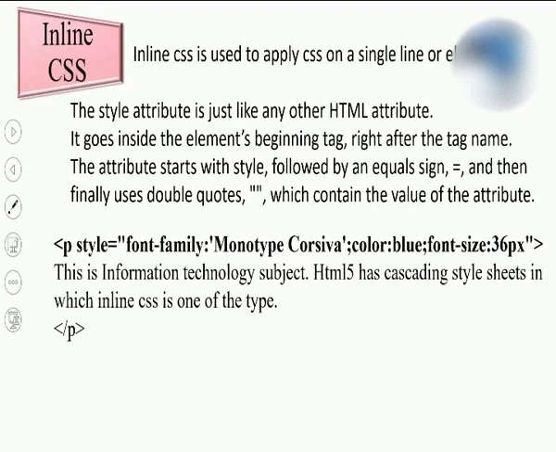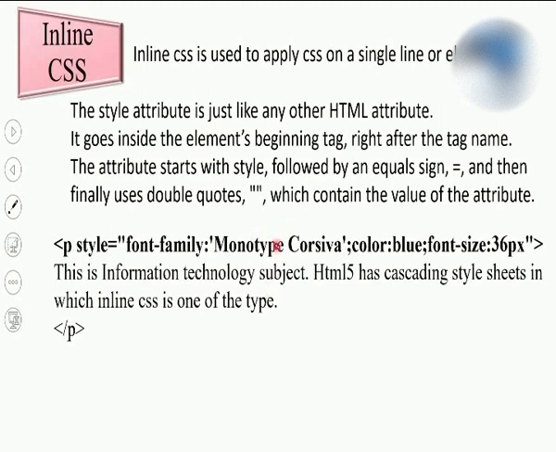Students, over here observe I have used three properties. One is font-family. I wrote a dash over here; it's not an underscore, it is a dash. Font dash family. Then color. For changing the color, it is just color. It's not font-color. Remember this. And followed by font-size. So these three I am changing for this paragraph.